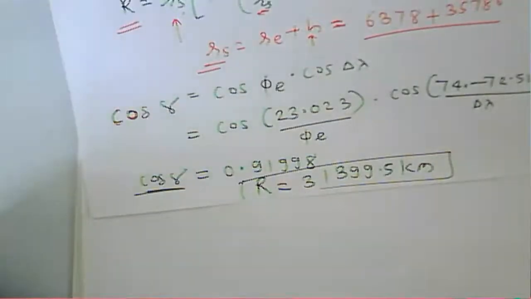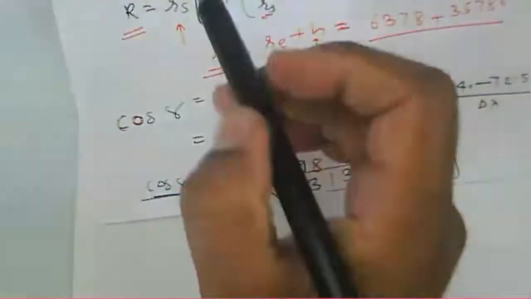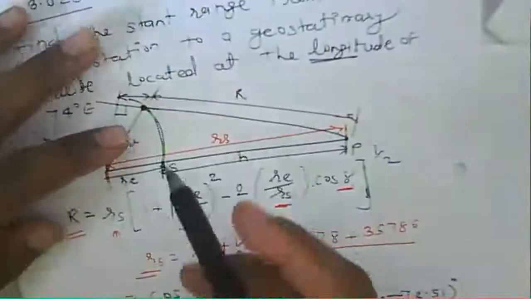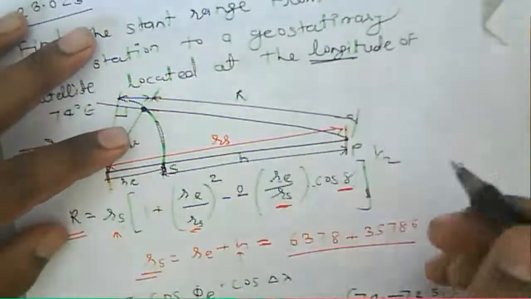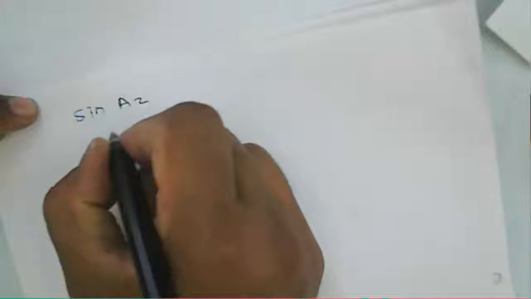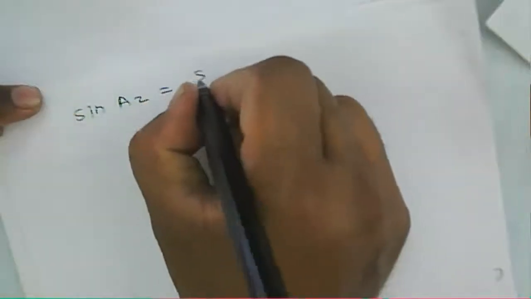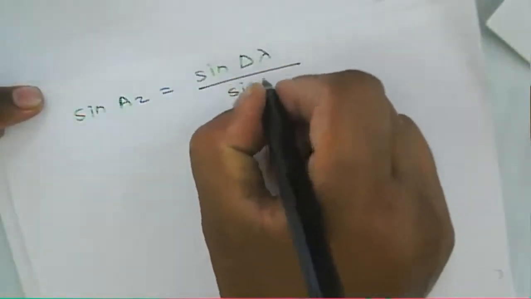Using the same approach, we can also find the azimuth. Having obtained the slant range, similarly we can find the azimuth for the same numerical. The equation for the azimuth is: sine of Az is equal to sine of delta lambda divided by sine of